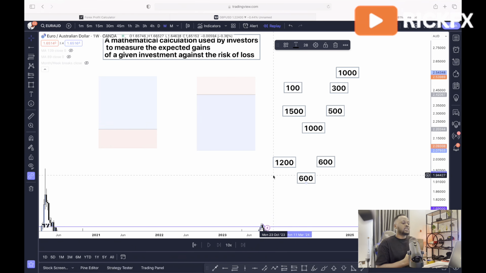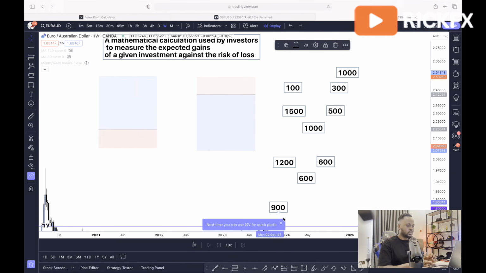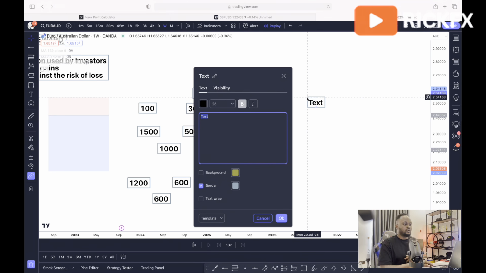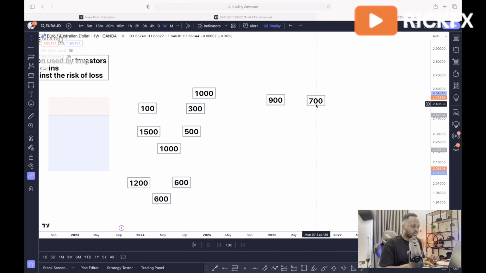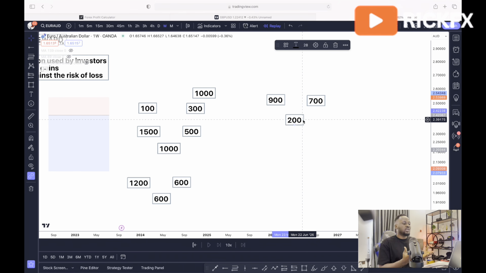But let's say we won just 3 trades and lost 7 of those, right? So 3 trades making $300 per trade gives us a total of what? $900. And then in this case we lost 7 trades, so that will be a total of what? $700. So even with the 30% win rate following a straight risk to reward, you realize that you come out still profitable, in this case with a total profit of what? $200. So, and then trust me, if you have a good strategy or a good system, your win rate will also be a very good one.